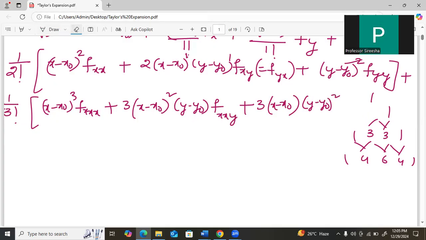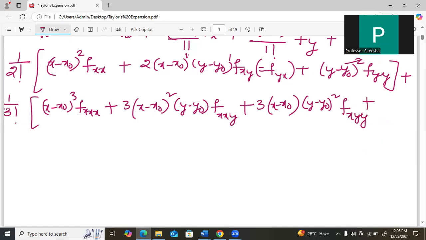Okay, I'll just erase this. Pascal triangle coefficients. All of you are aware of these Pascal triangle coefficients, right? Okay. Once you understand the logic, you will be able to write any number of derivatives. Now, y power has 2, so f_xyy I will be considering, plus (y minus y naught) whole cube, f triple y, meaning third derivative of f with respect to y, plus and so on. Now, if you understand the logic, you will be able to write any number of terms